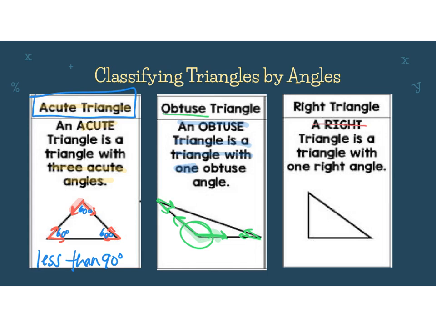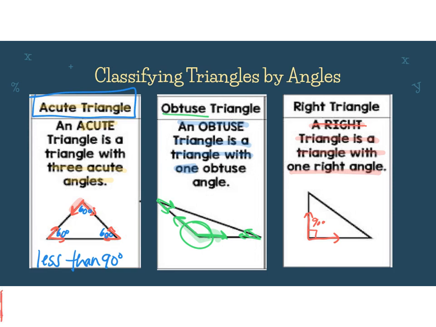Ooh, did not mean to cross it out. I don't want you guys thinking that we don't need the information. A right triangle is a triangle with one right angle. So just like an obtuse triangle, it has one right angle. And right here, I'm seeing something. It doesn't show me that it's got the box and doesn't say 90. All of yours will say 90 or have the box, but it looks exactly like the corner of my